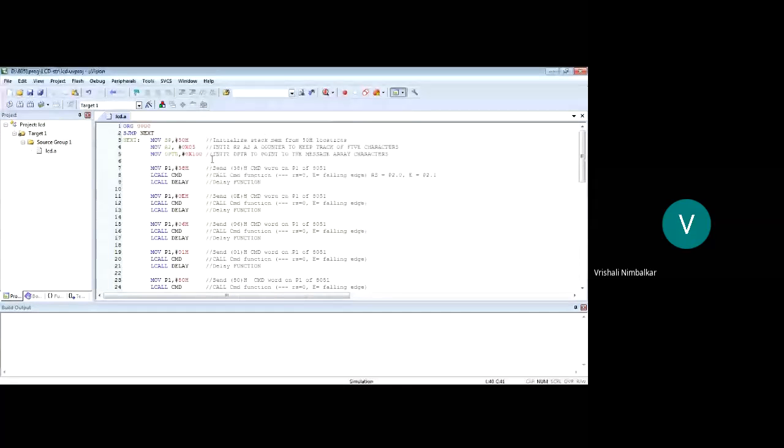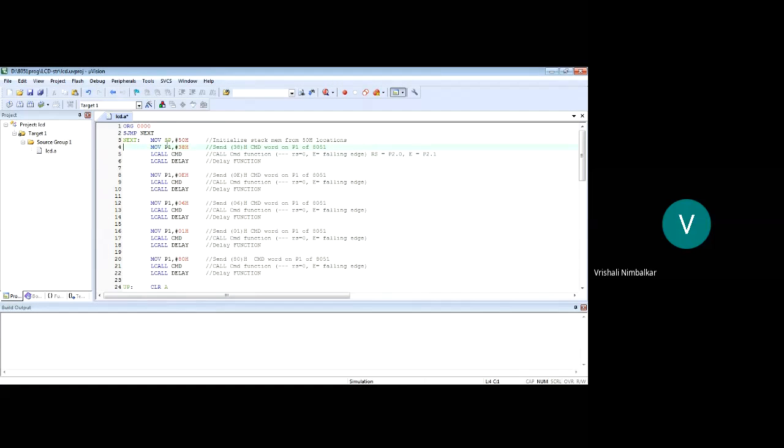So I will share the window for Keil MicroVision. So see, that's the program we had written earlier. We had initialized stack pointer to 50 hex because we were going to use lcall instruction and return instruction. We were going to make use of functions, so stack pointer was initialized. Then we sent the first command word 38 hex on port 1. This is where the data lines of LCD are connected. Then we called the command function, which is initializing those control signals. What control signal? RS is 0 and falling edge on enable.